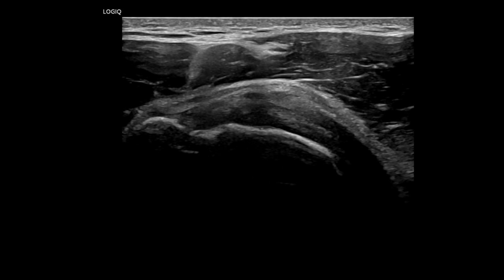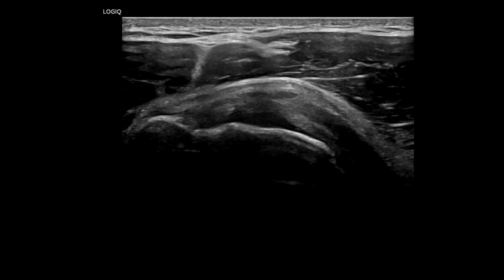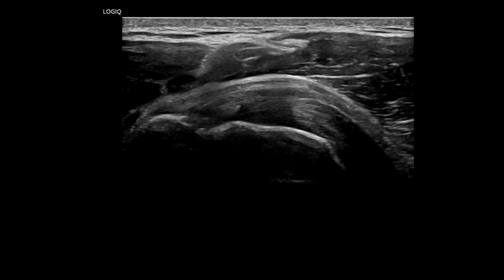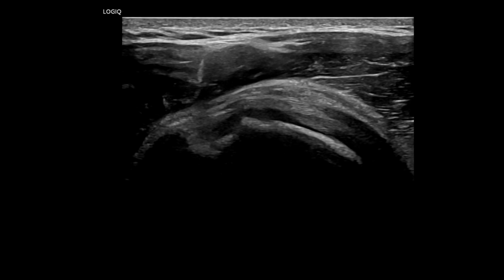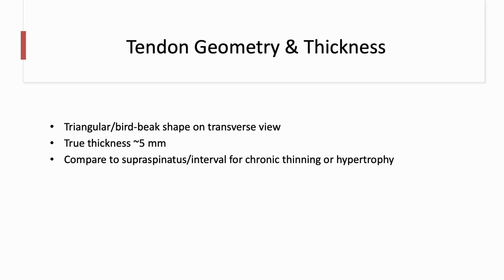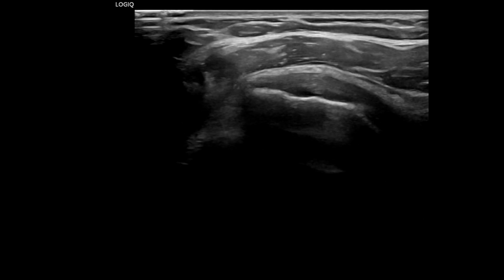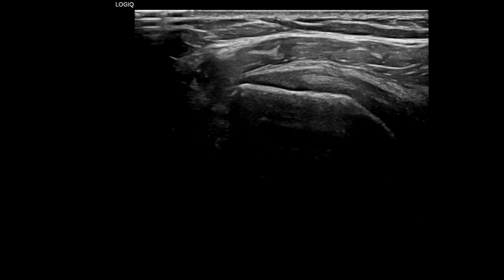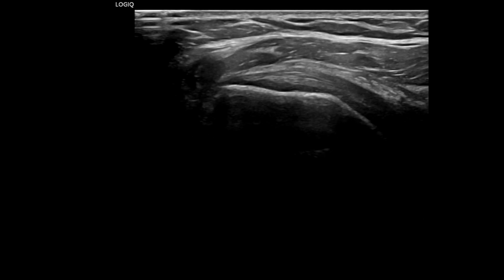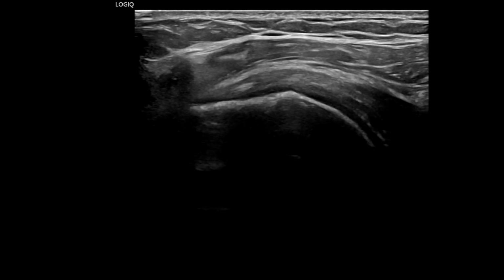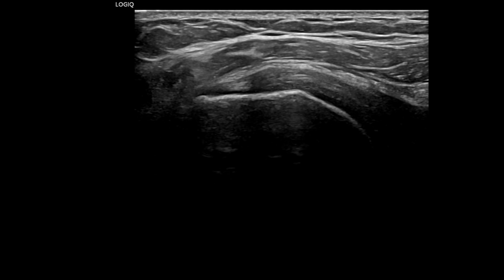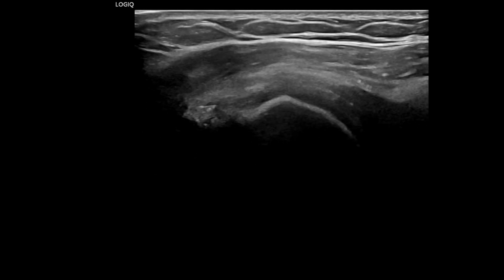Let's now go step by step and build a practical scanning routine that helps you detect these patterns reliably in your daily clinical work. Let's begin with the geometry. The subscapularis tendon, when visualized in the transverse plane, shows a bird beak or triangular shape as it inserts into the lesser tubercle. Even when the internal echotexture is obscured, due to superficial fat attenuation or anisotropy, you can still